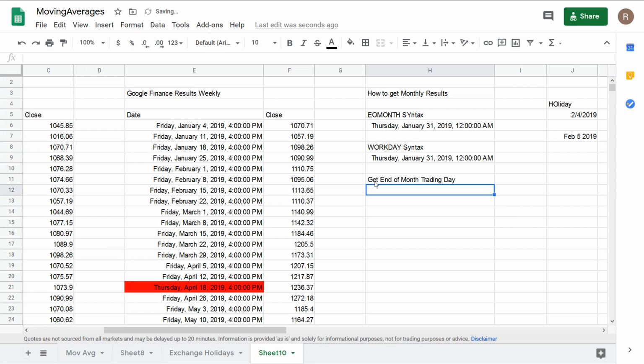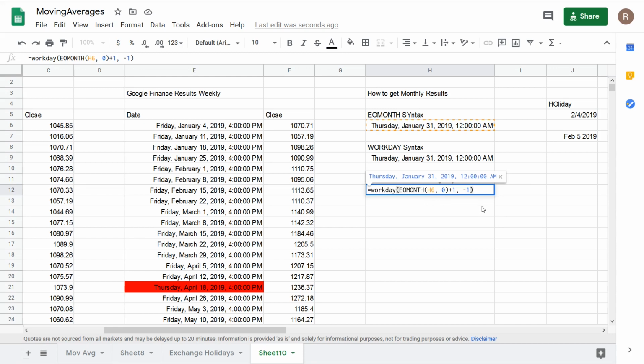Let's start with the last working day of the month. For the last work day of the month, we need to use the end of month formula to get to the end of the month, regardless of it being holiday or weekend. Let's choose January 31 here. We'll advance that date 1 day by putting a +1 to the result of the end of month formula to get to the next month, and then use workday formula to go back to the last working day by putting a -1.